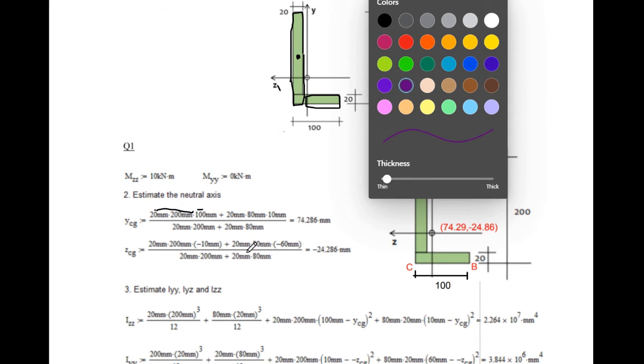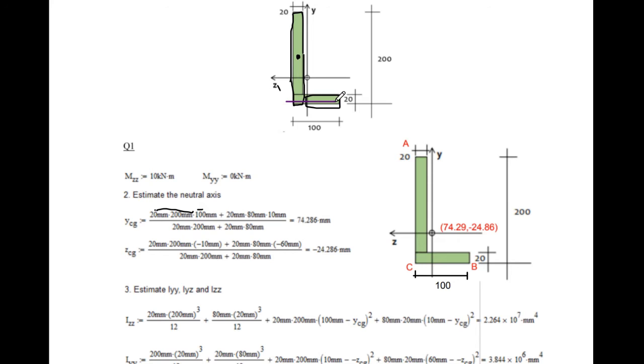So here we need to find this part. From the origin, the y coordinate of the center of this second beam is at 10, because the total width is 20, so due to symmetry half of 20, that is 10. Upon summation of Ai we got the neutral axis y coordinate as this one.